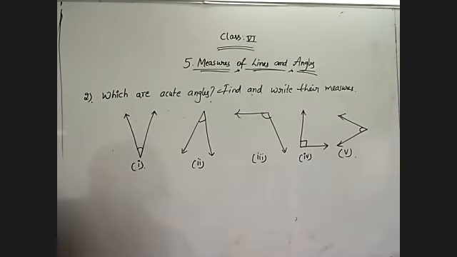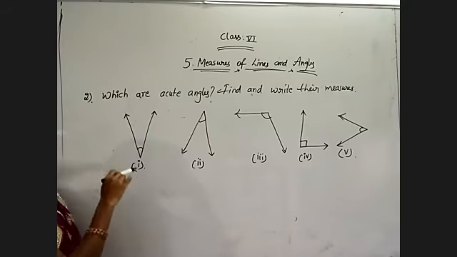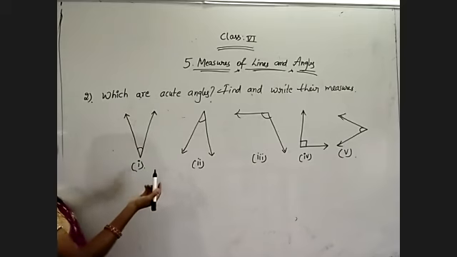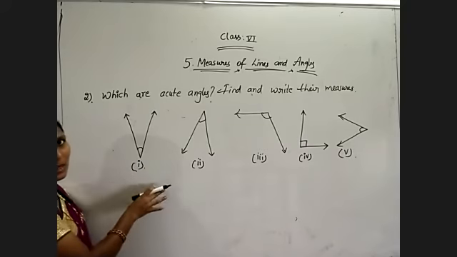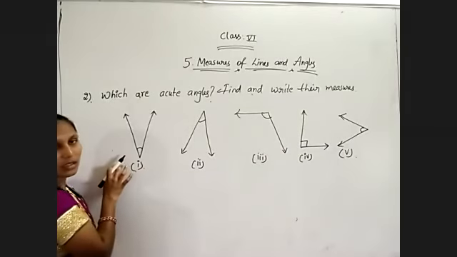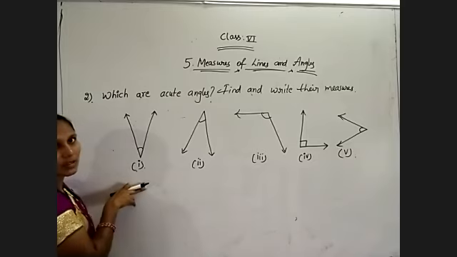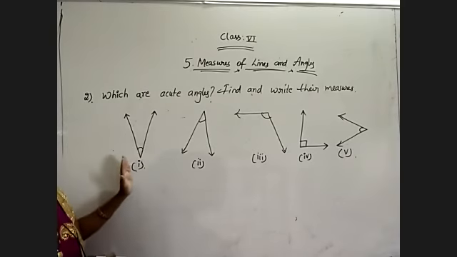Observe these angles. They have shown different types of angles. Angle 1, 2, 3, 4, 5. They did not mention their measurements. If they are mentioned, it is very easy to identify which are acute and which are obtuse. We can easily classify when the measurements are given. But here they have not given the measures. They are given as figures. So for that case, we need to find out the measures first. Without the measures also, we can say which type of angles these are.